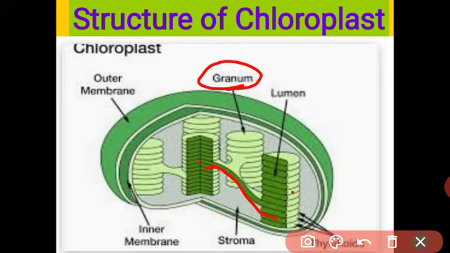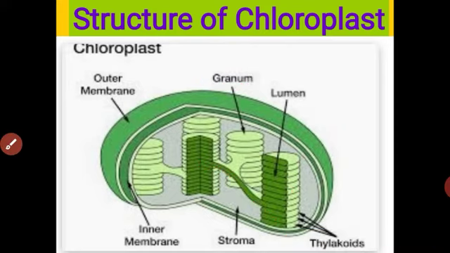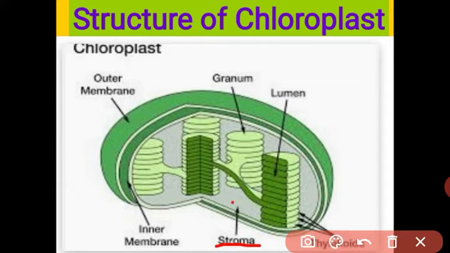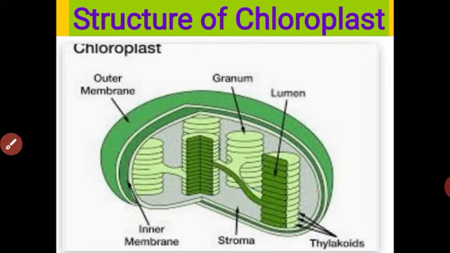The chloroplast contains a watery fluid like cytoplasm, which is called the stroma. This watery fluid contained in the chloroplast is called the stroma. This is the structure of chloroplast, and the chloroplast organelle is present only in mesophyll cells. An important part of the chloroplast is the thylakoids. Thylakoids are coin-like structures which contain the chlorophyll pigment. Okay, got it, students? The structure of leaf and structure of chloroplast.